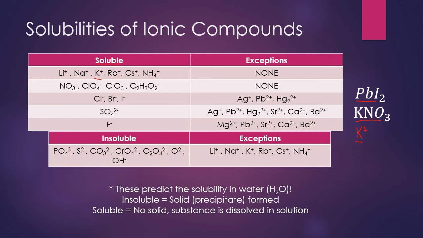Now that means it can be soluble. It doesn't mean it's always going to be, because I need to follow this line over to where the exceptions are. But notice the exceptions in this column, there's none. So what that means is that potassium, K+, is going to be soluble all the time with no exceptions. So that means it's always going to dissolve in water. It's never going to form a solid. So that tells me that KNO3 is definitely not going to form a solid, because it's going to be soluble